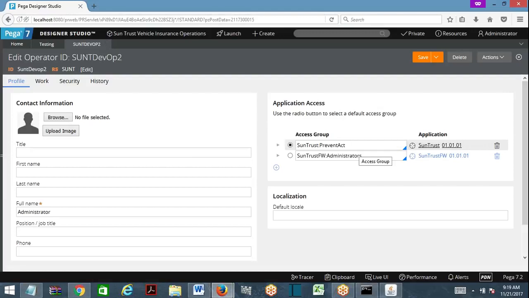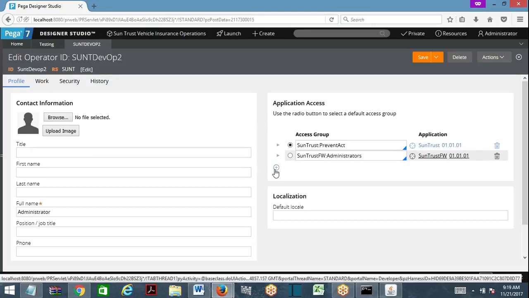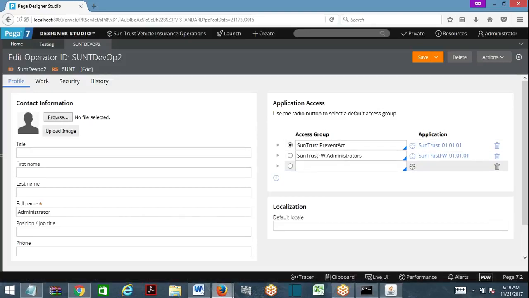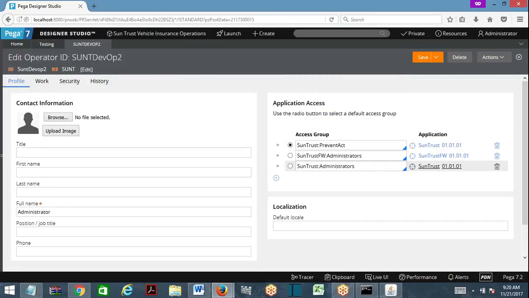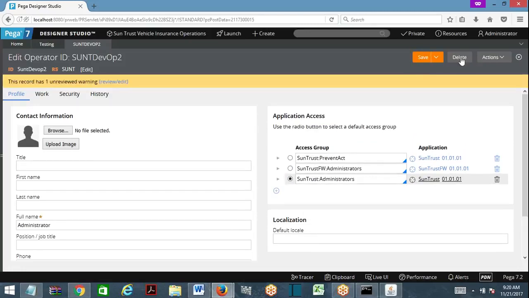The access group also needs to come. Let me test this way. I'm adding another access group here.